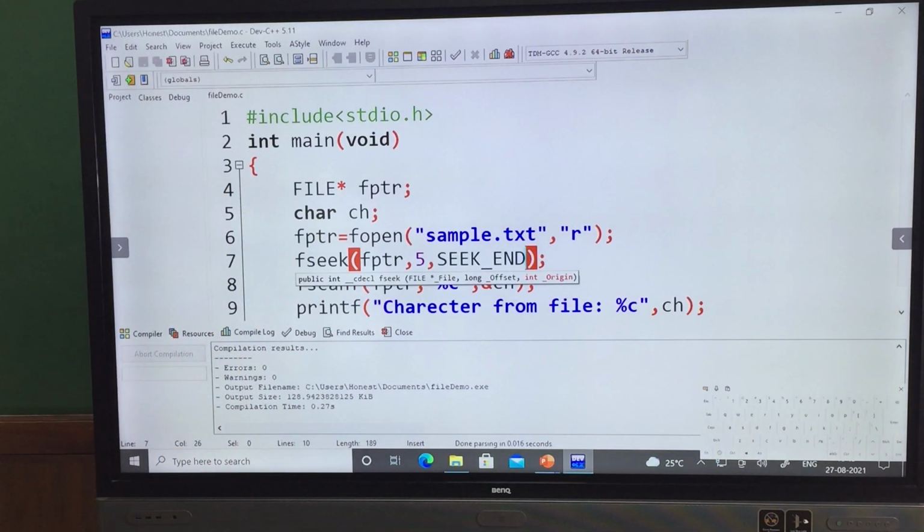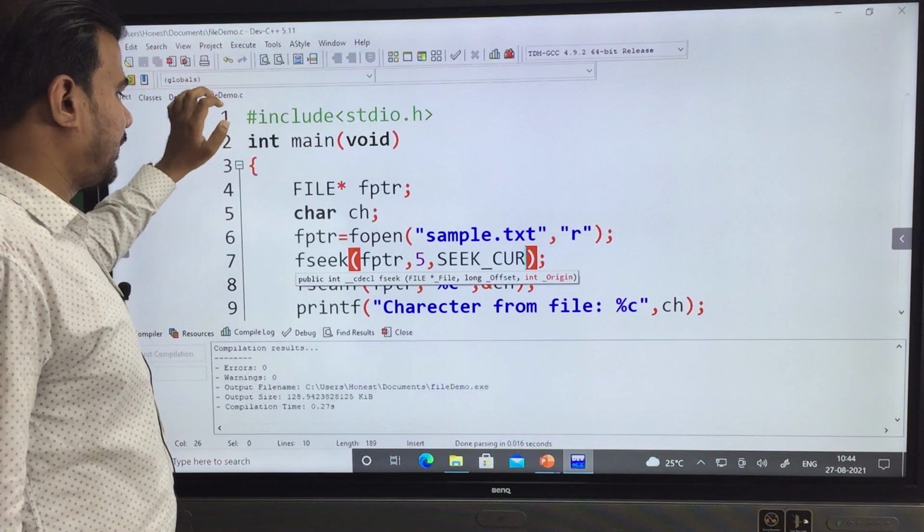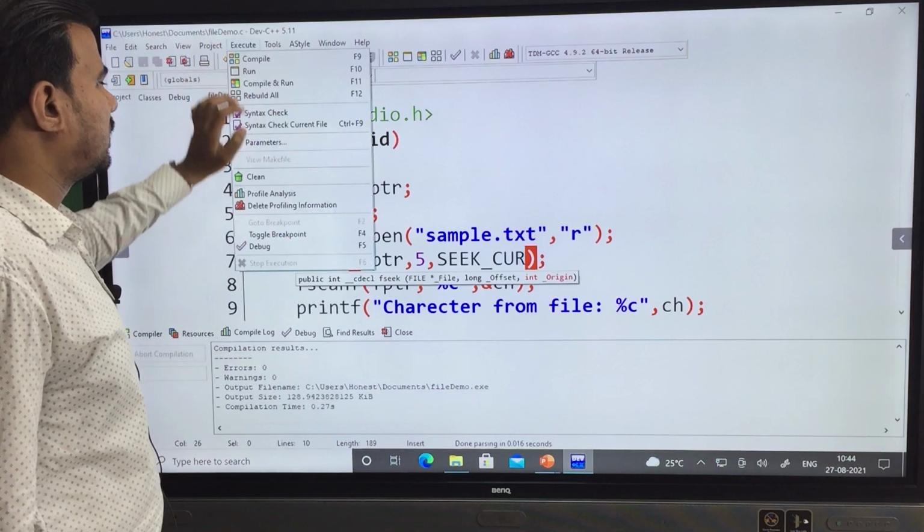So from seek current, let us see, from seek current it is working. Okay, hopefully it got compiled, then execute.